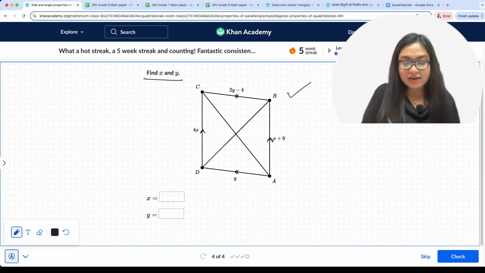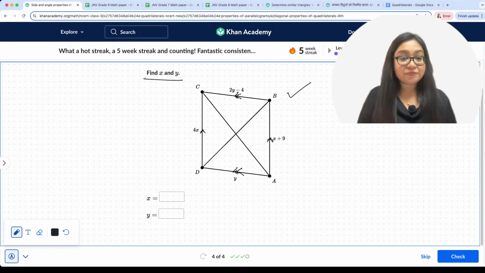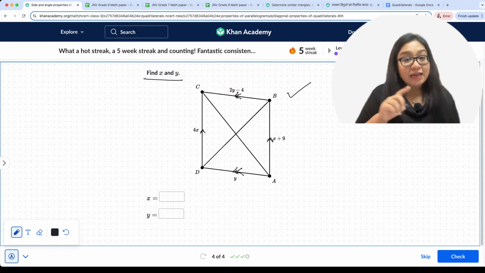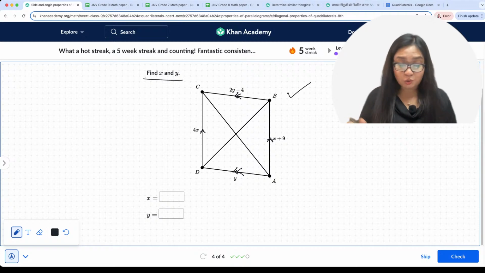So the single arrow sides are parallel lines and the double arrow sides are parallel lines as well. So these two are parallel as well. And now you can see that both pairs of opposite sides are parallel. That means it is a parallelogram, right? And in a parallelogram, both pairs of opposite sides are equal. So can I say that